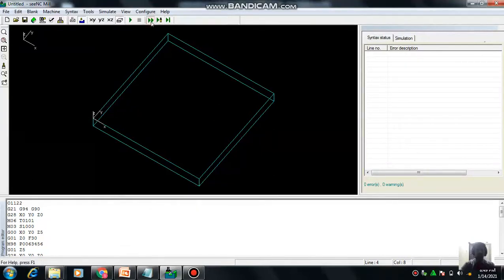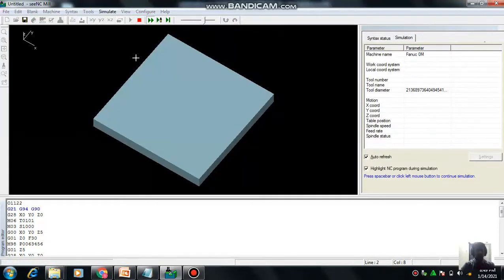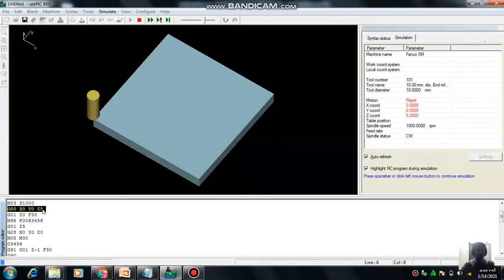If you want to run step by step, we can select this one. If you want to do tool by tool, we can do it here. If we want to end, we can do it here. Step by step, let us see one time, and then we come to understand this. I'm going to start the simulation. Once it is done, it won't move because I have selected step by step. Next motion, if I give, you can see the blue color, it will go for selection of the tool, and now line by line you can see X0, Y0, Z5. Next one is this. Now slowly it touches the job.